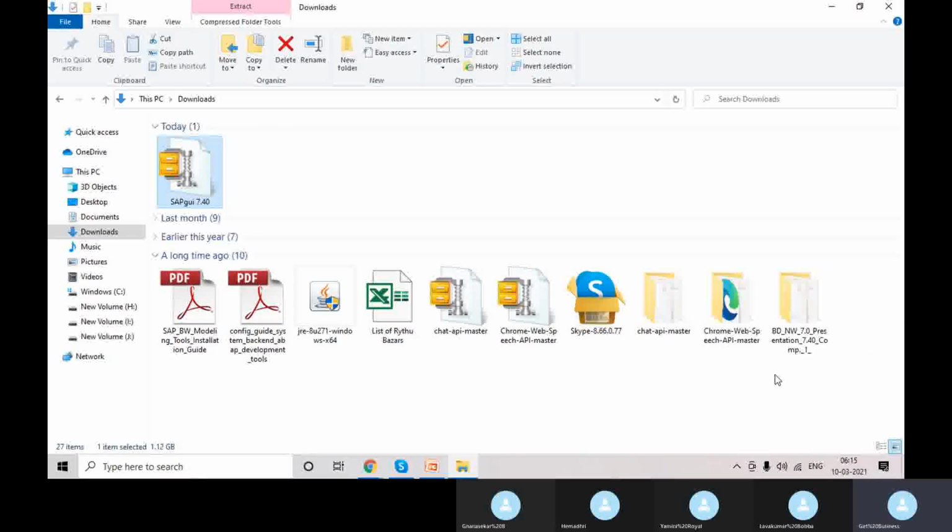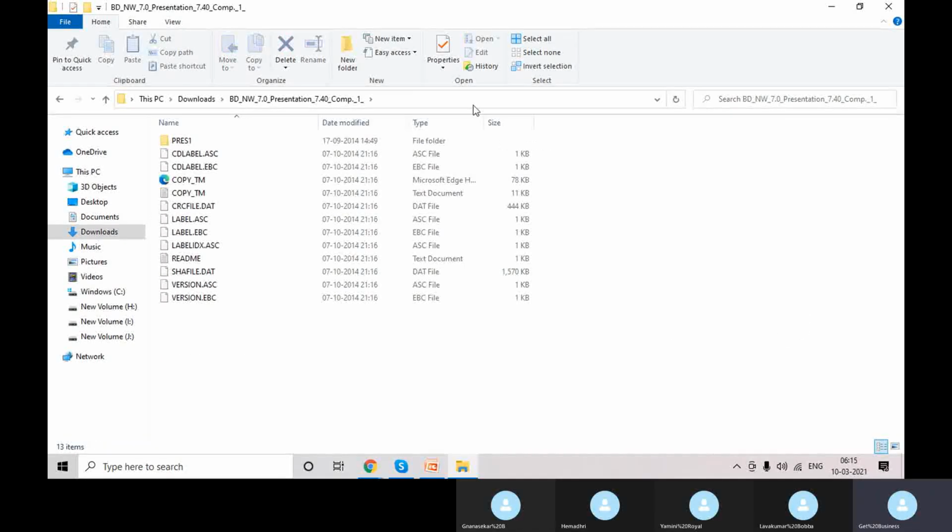So double click on this. This is the file folder name. Just double click on this. Once we open, this is showing the address bar. You can see PC, Downloads. So I am referring to the downloads folder only. If you downloaded and after that copied into different folders or different drives, the path will be different. Now I'm referring to the downloads. You can also try with that when you're doing it the first time.